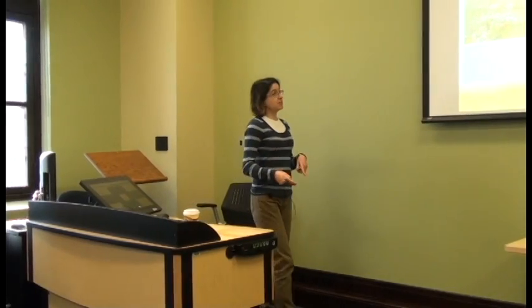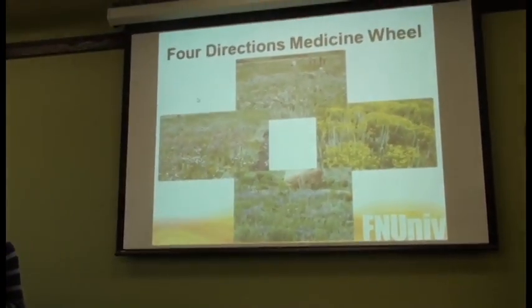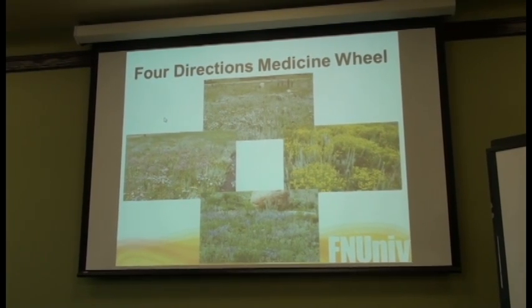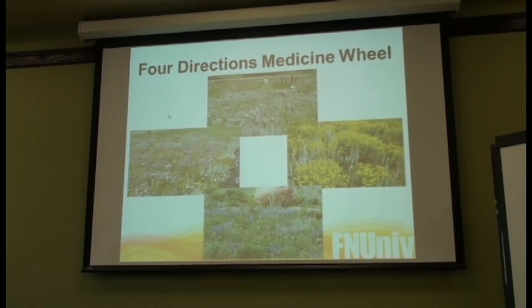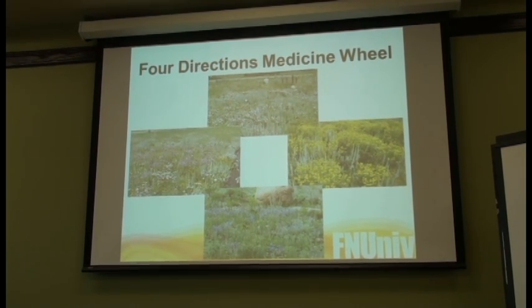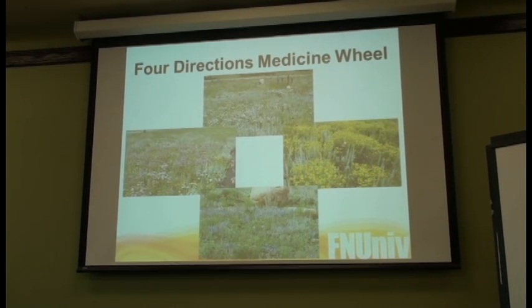So that's the picture of the medicine wheel. We saw the outline on the map before. The design of the medicine wheel was given to us by a female elder. It's the four directions medicine wheel, with plants facing the four directions. At the north you have the white plants, for the winter and the snow. Facing east